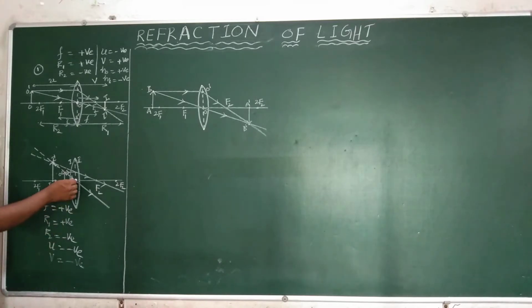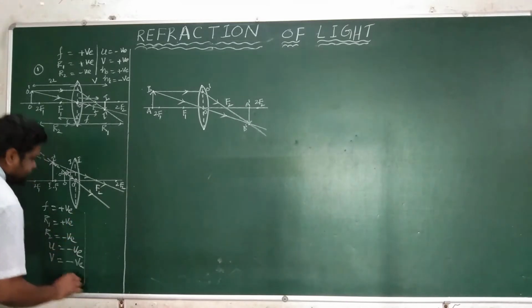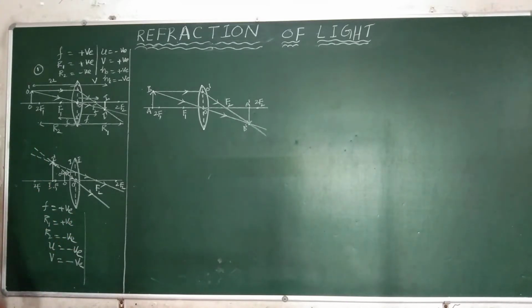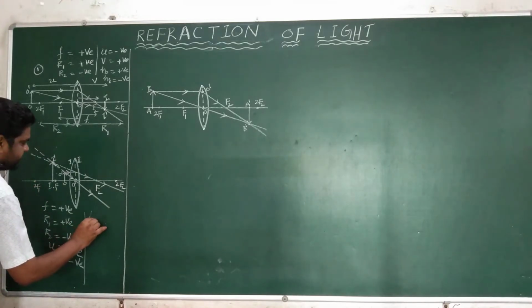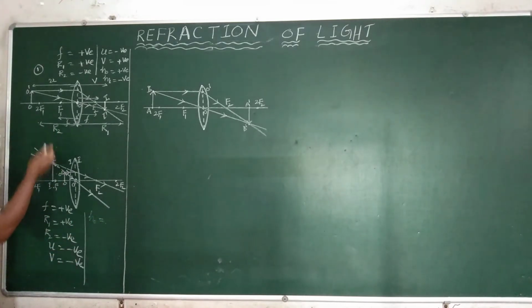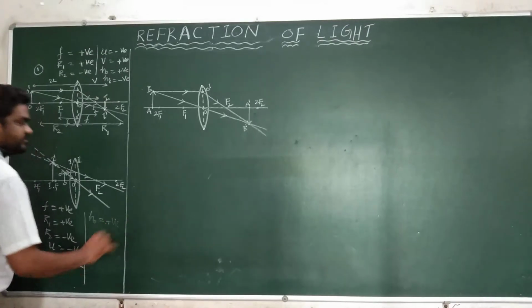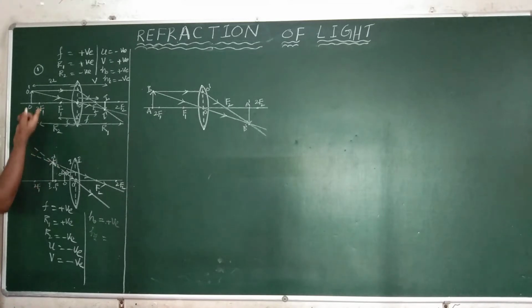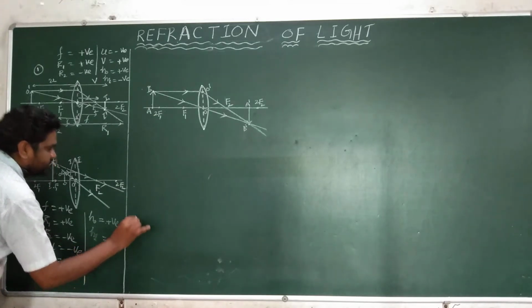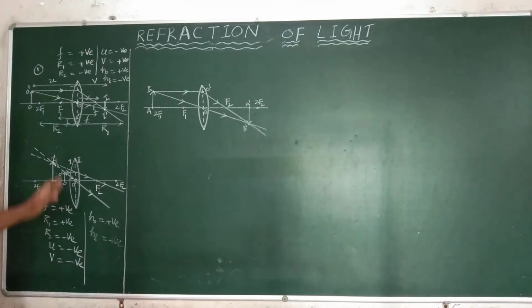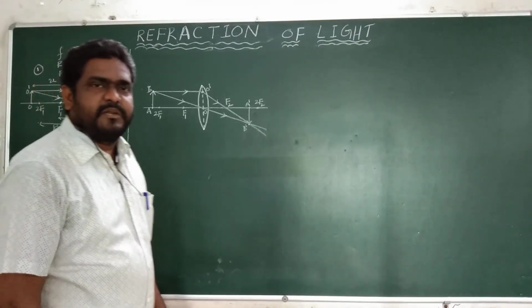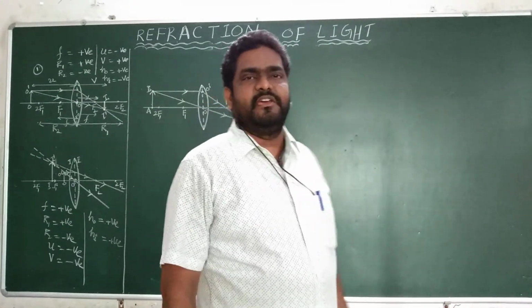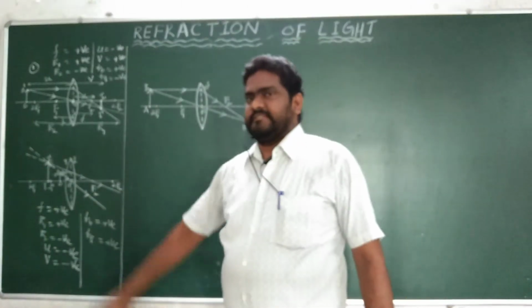We have measured the distance. Image distance is measured in the opposite direction of the incident ray. That's why negative. And same situation here. What about the height of the object, or size of the object above the principal axis? Positive. And the height of the image, or size of the image above the principal axis, is also positive. This is how to apply the sign convention in any situation like this.